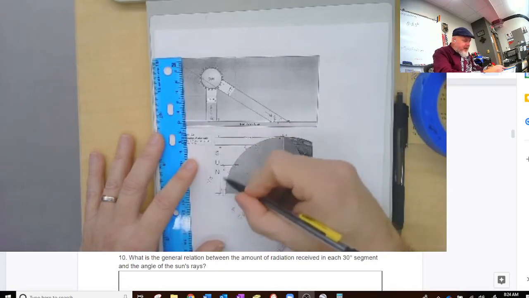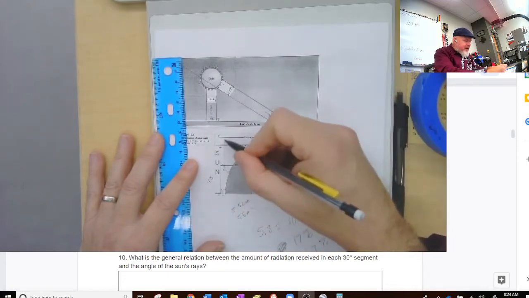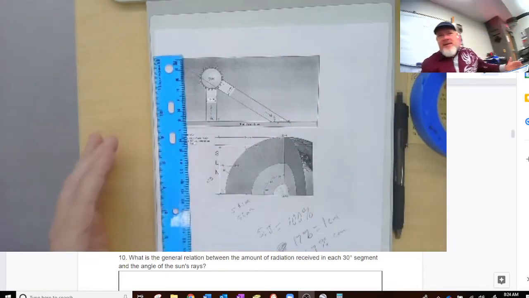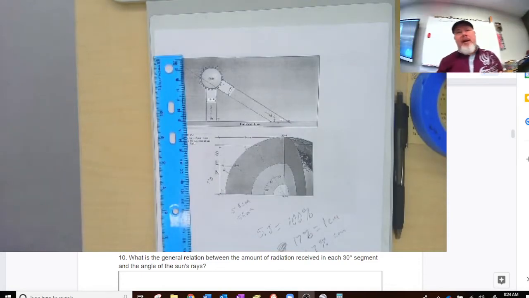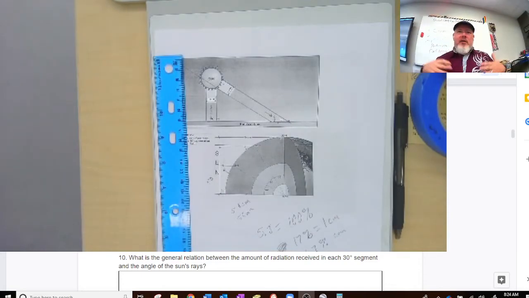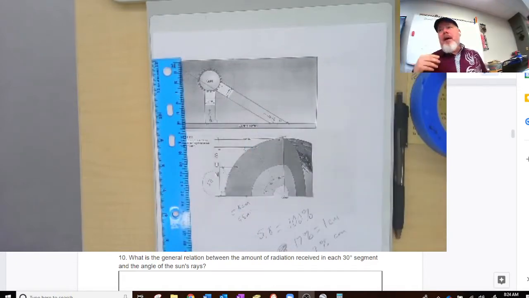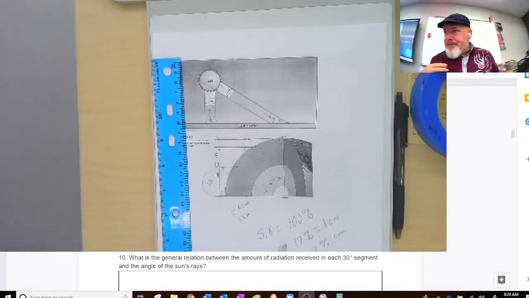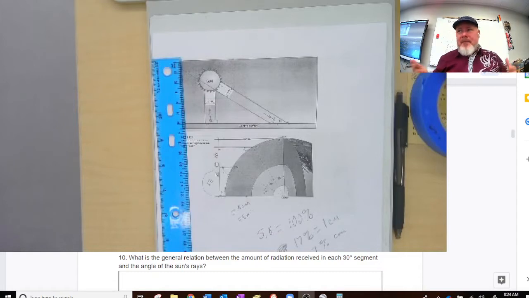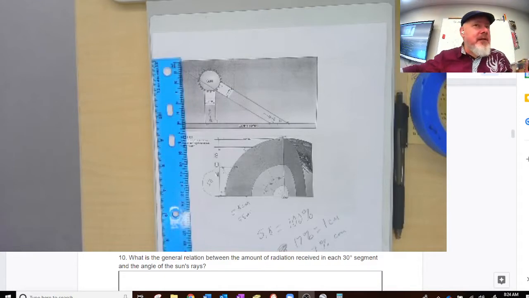I'm going to look at it from here to here. It's about the same distance from here to here. So that's close to 50%. That means of all the solar radiation that's coming into the Earth, 50% of it is taken in by the Earth's surface. So that's pretty intense sunlight. That's where most of the heat's going to be,